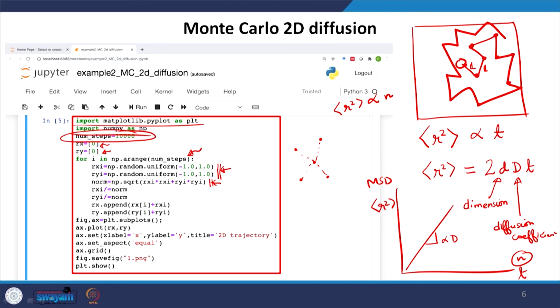So, what I am doing is generating x, y in any particular direction, but I am dividing them by the square root of x square plus y square.